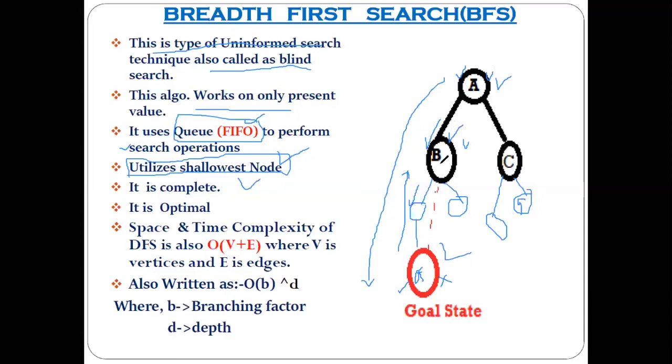In case of the depth first search, after the B, you are going to the node just below the B, correct? But in case of the breadth first search, we will not go to the node below the B, but